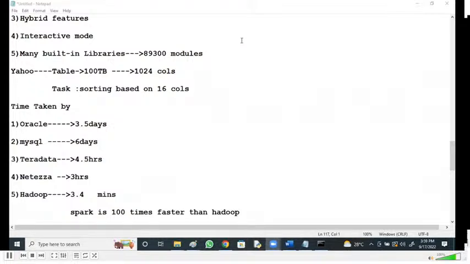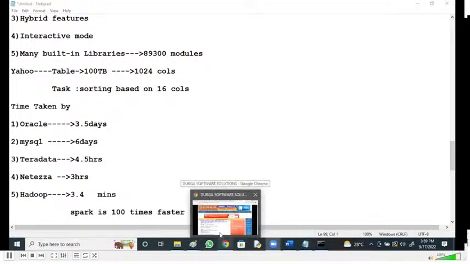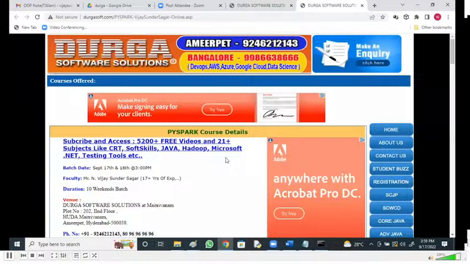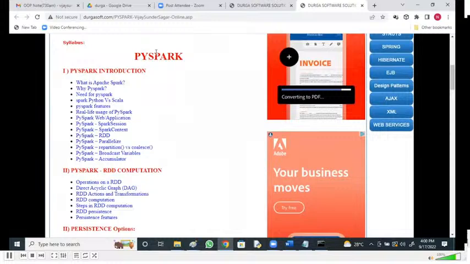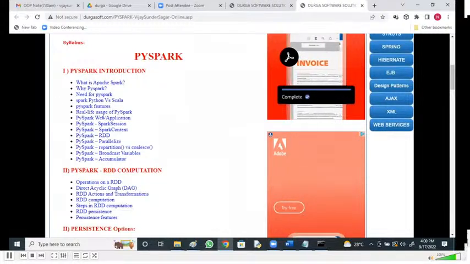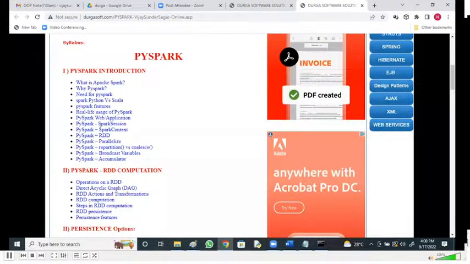Yes, Charyulu, in the topics we are using PySpark for processing. So here, what is the course content, what I'm going to discuss as part of this PySpark, in brief, with multiple working examples? Can you observe here? What is Apache Spark? Why PySpark, the need for it, Python versus Scala?